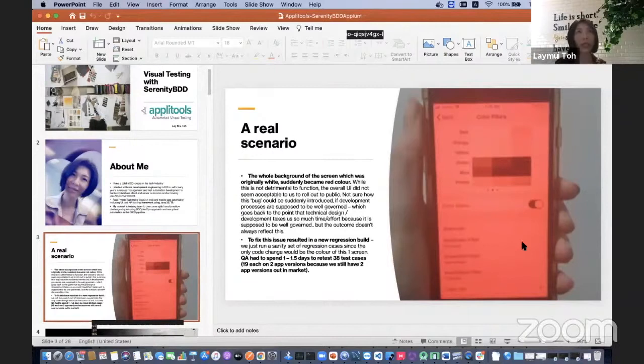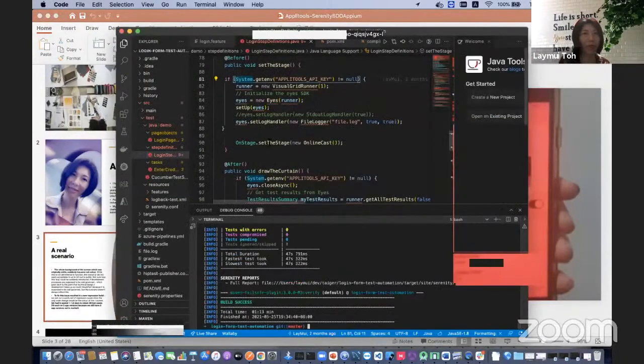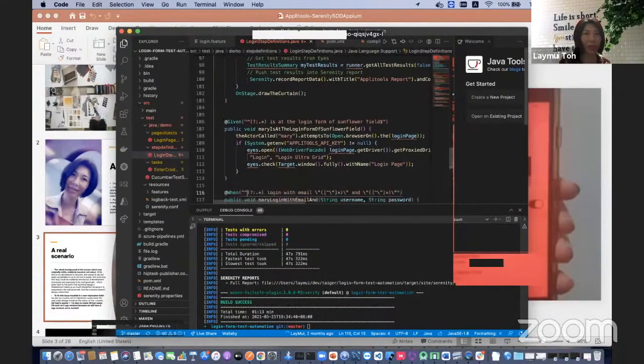Yeah, because SerenityBDD has already handled all this behind the scenes. They already handle it for you. If you are not using this, you end up using a lot of Thread.sleep, and all this can worsen the problem. So in SerenityBDD, if I can quickly show you some of the code that I use,